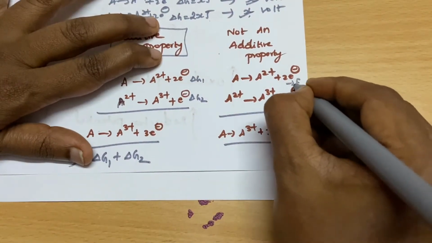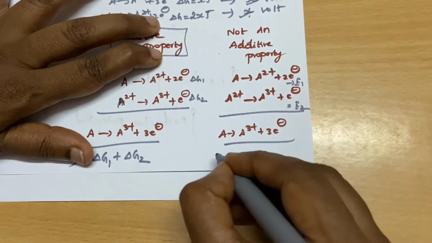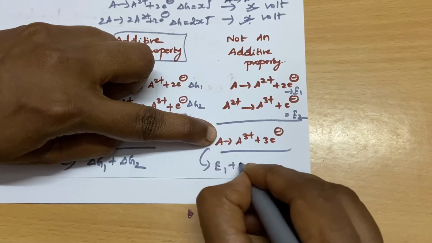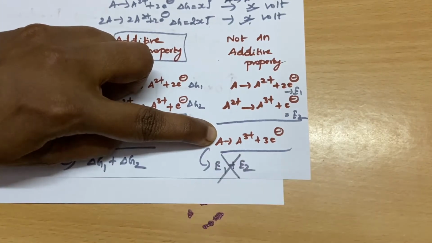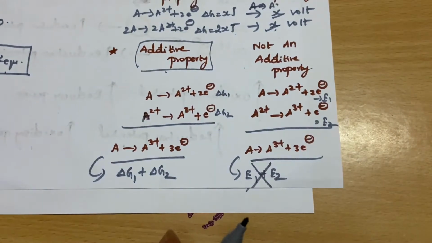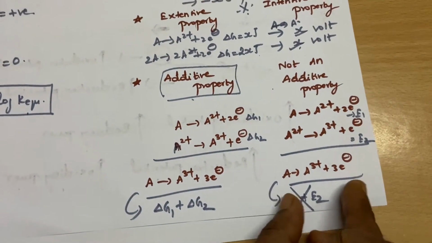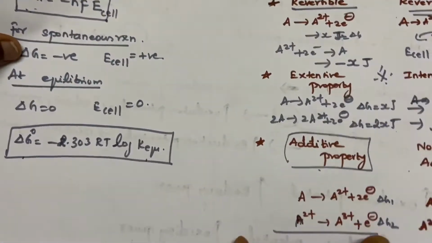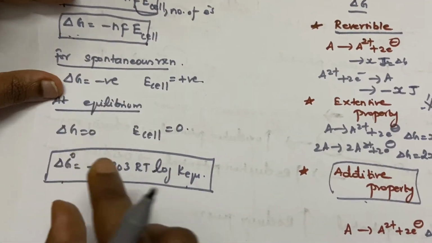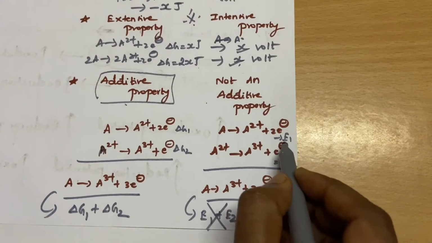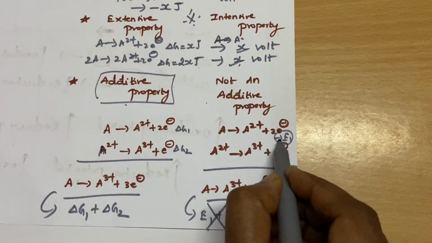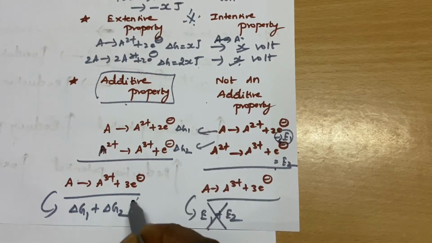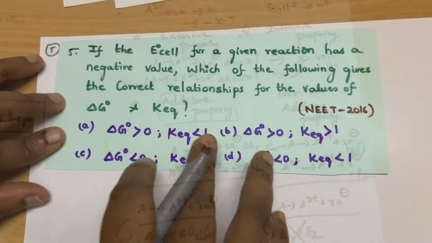Because you see here, this is E1 and this is E2. You cannot find out the EMF of this reaction by summing up these two, because this is not an additive property. While in this situation, you may need to use this equation. You need to find out the del G, Gibbs free energy change involved in each reaction. Applying that equation separately, find out del G1 separately and use this equation. Okay, so we will do equation.